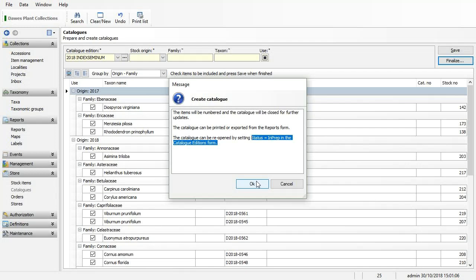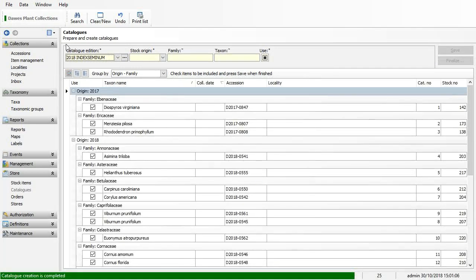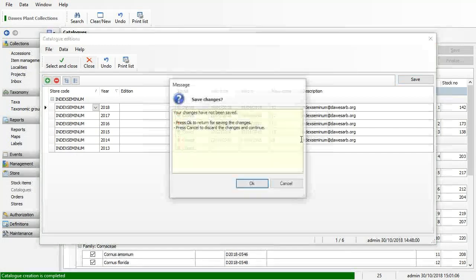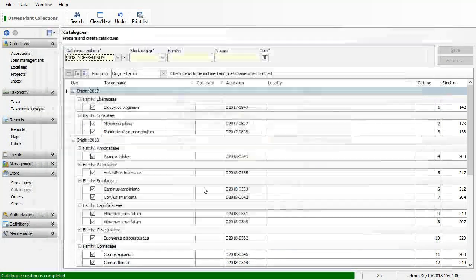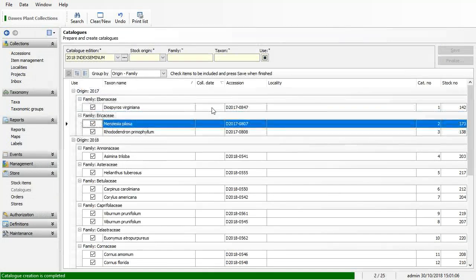Yeah, exactly. So if I now said, oh no, I made a mistake, then you can go in here and change it back like this, and click save. Yeah, but you would have to then finalize again. Yeah, exactly. Okay, so we have a catalog ready. Now we want to print it, send it, etc. And this happens at the report section,